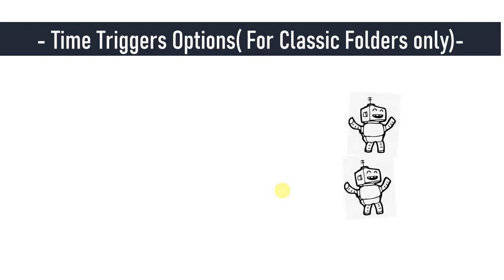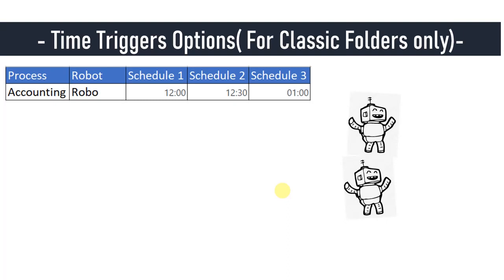So just now we have seen how we can create a time trigger. Now I want to show you some of the things that we need to take care of when we create a time trigger in Orchestrator. Assuming that we have a process called accounting, that process is deployed in a robot called robo, and